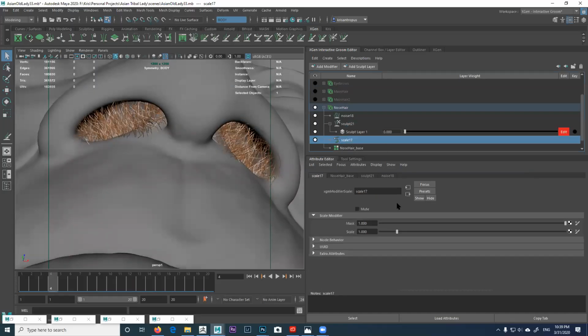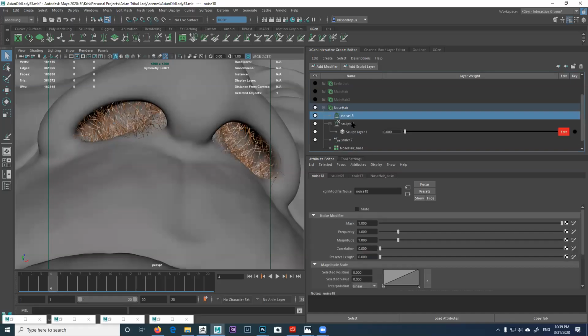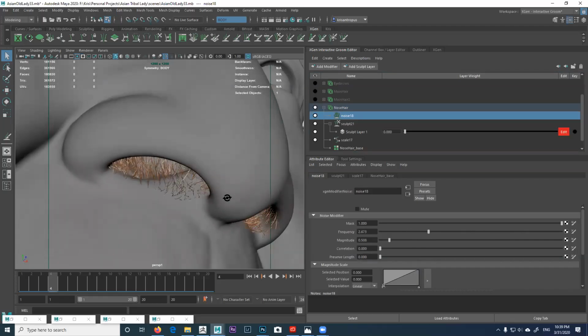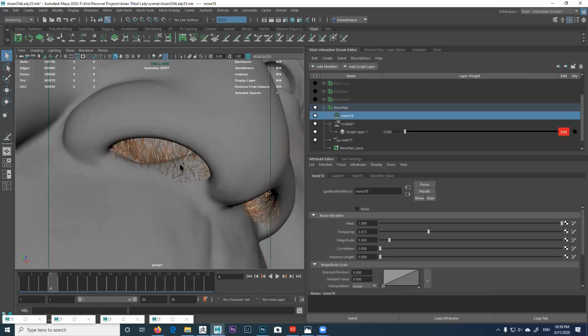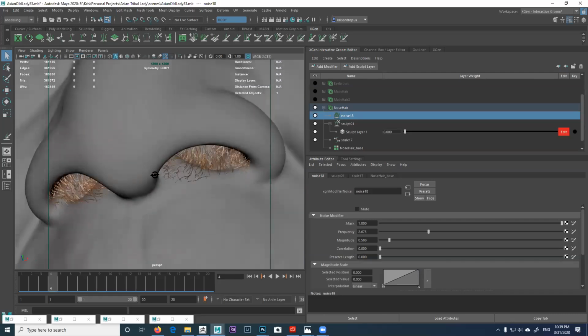Let's go to scale. Bring them out a little bit like that. And then our noise, let's just make sure the frequency is not too high, the magnitude not too high. So just slightly, if I do too high here, it gets a little bit too crusty. So let's do more like that. And then around here is way too much. So at this point here,